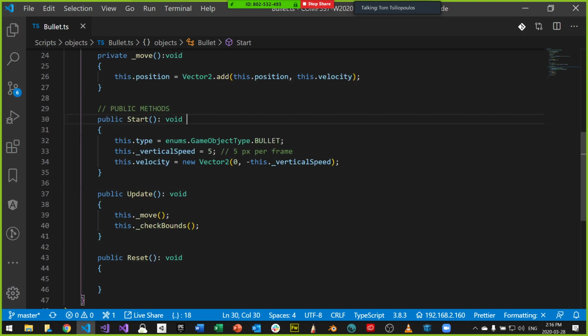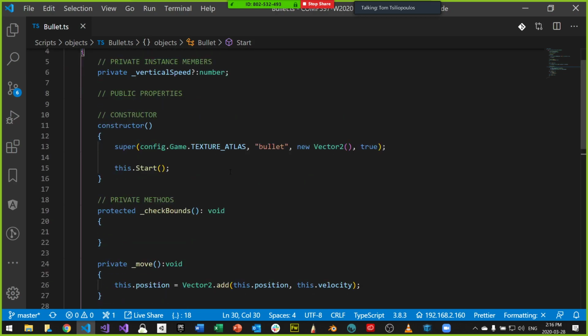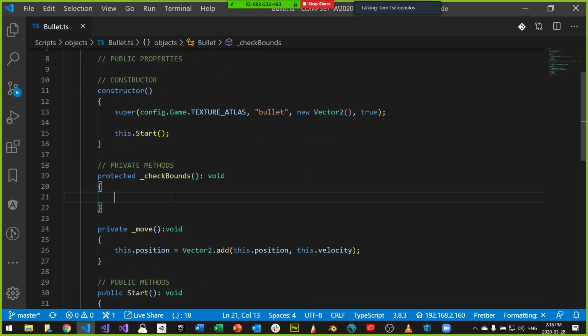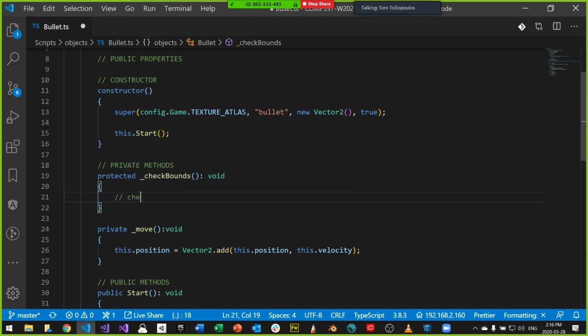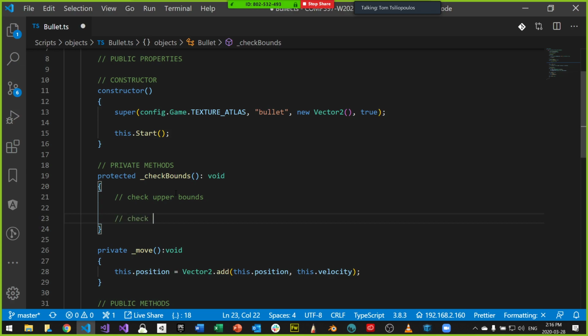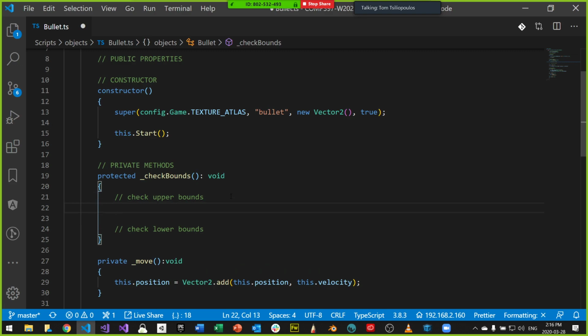And then I'm going to move and check bounds. And check bounds, the way it's going to work is like this. Let's check the upper bound. Check upper bounds. And we're also going to check the lower bounds. We've already done the lower bound check, but I'll do it again. So in the upper bounds case, when the bullet moves up the screen, we want this if statement.